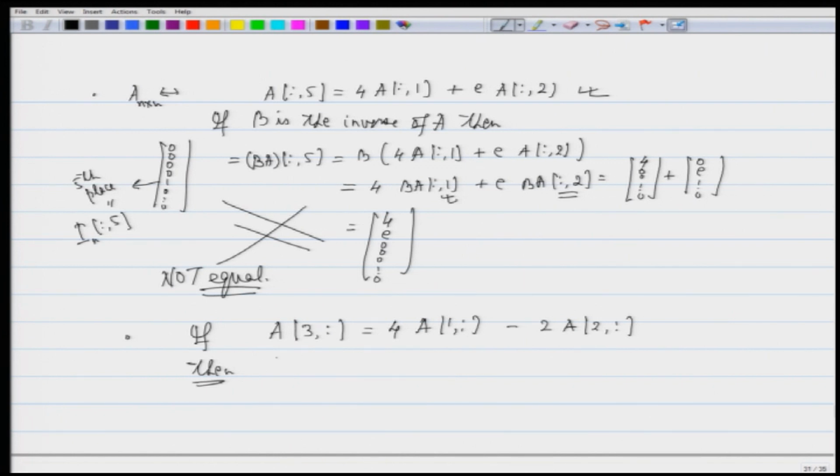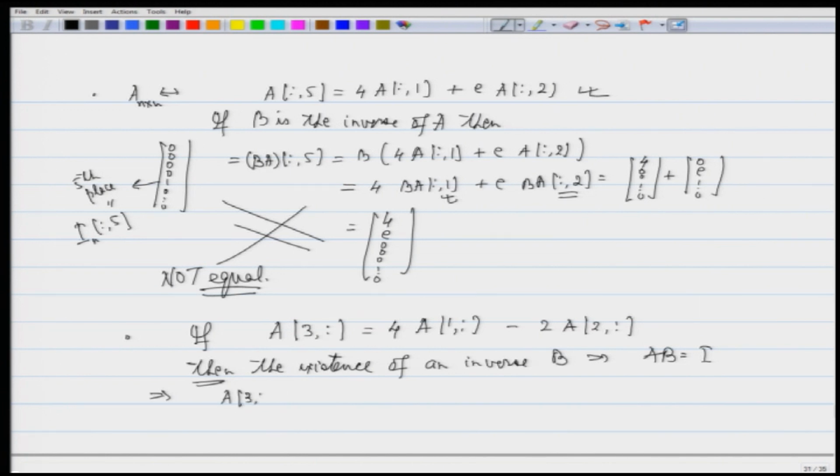Then the existence of an inverse B implies AB is identity, and this will imply that